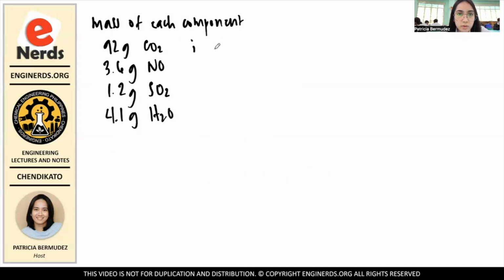And then what is the molar weight of each component? Because we know that from this triangle, the mass divided by the molar weight will give you the number of moles, right? So if you're going to find the number of moles of each component here, we have to divide all of these by their respective molar weight, which is for carbon dioxide,